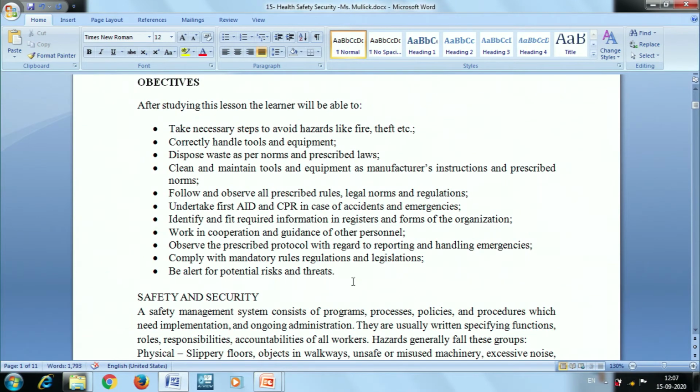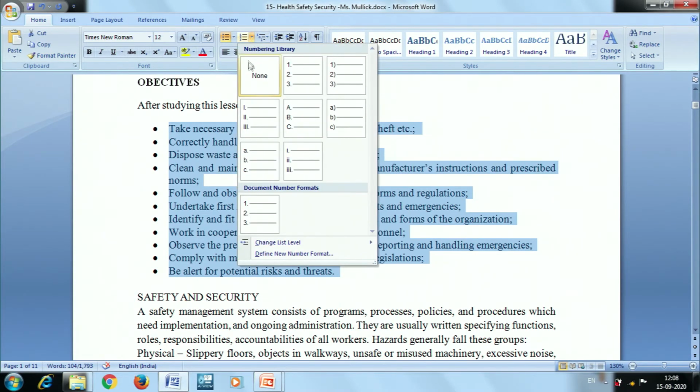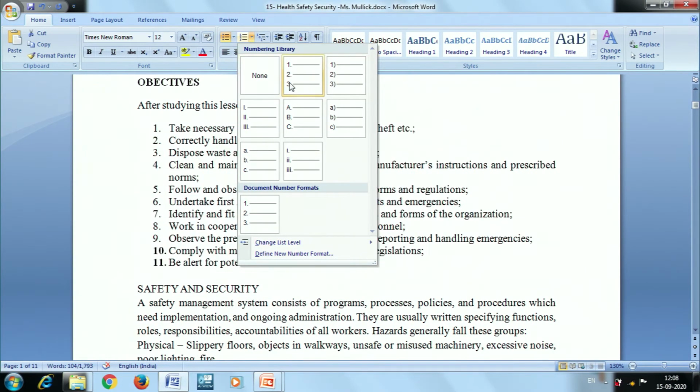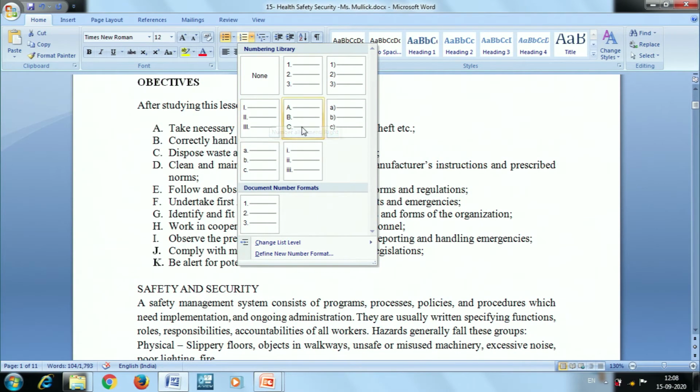If I want to change the bullets to numbers, meaning I want to put it in sequential order, 1, 2, 3 or something, then I have to use the numbering option. Here the different styles are there. I can use 1, 2, 3, or capital ABC, or Roman numerals, or small abc, or a, then a bracket.